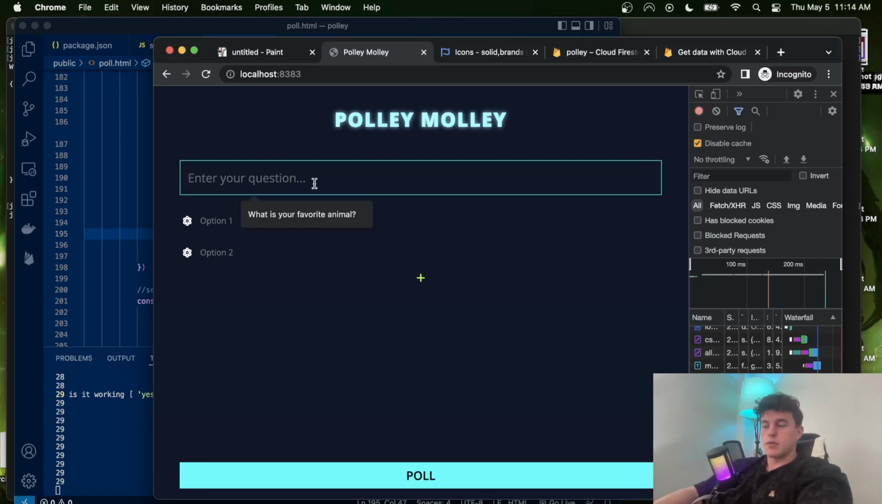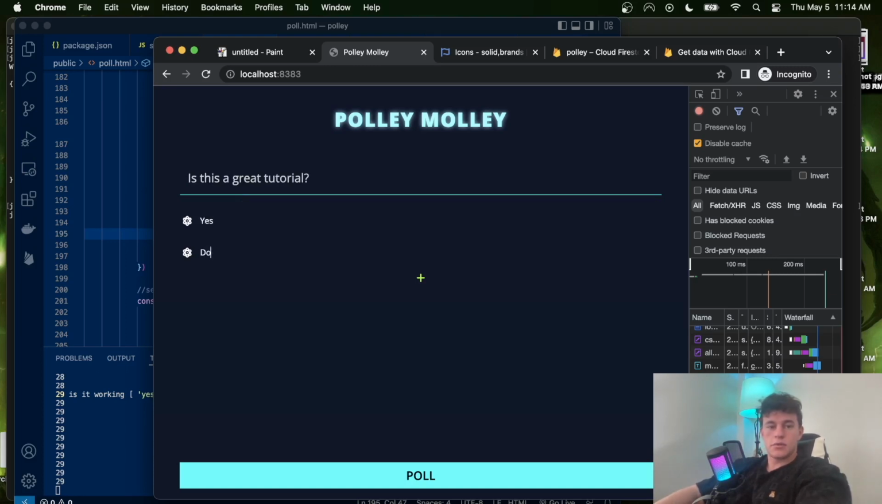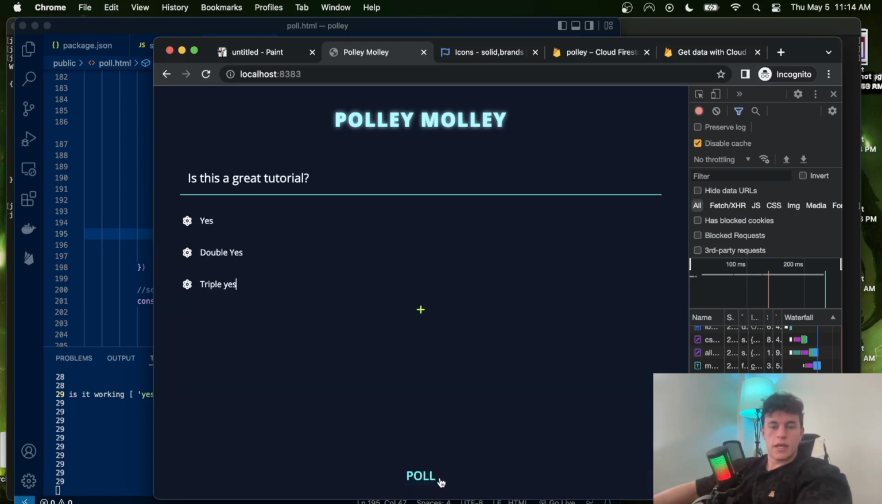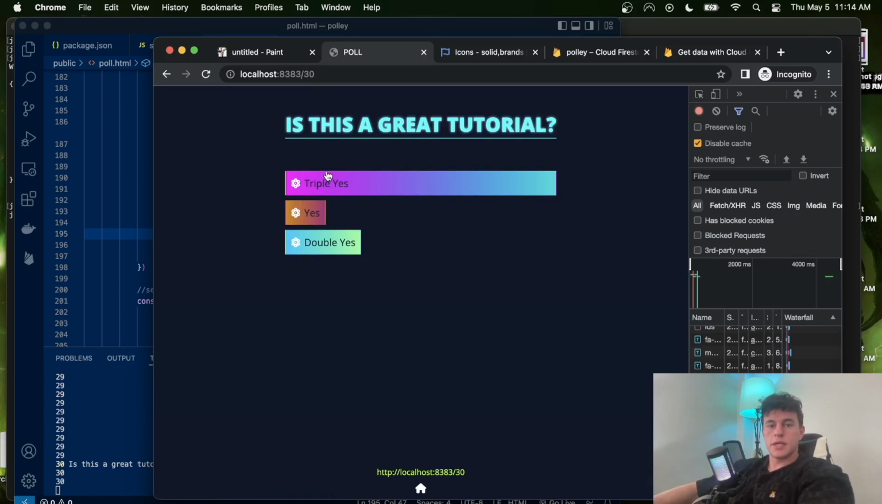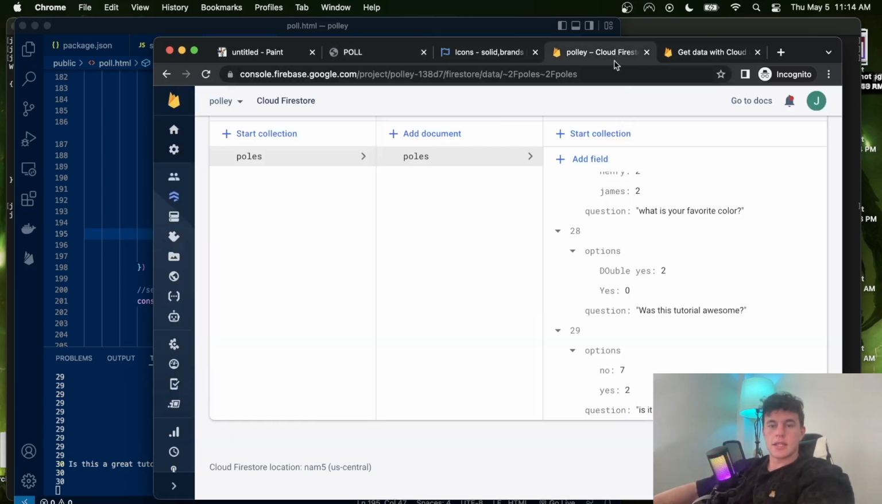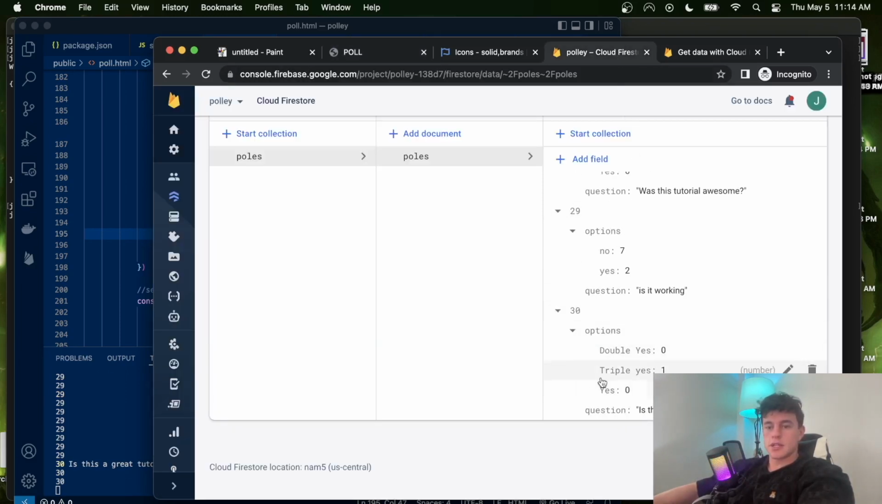So we can type in a question: is this a great tutorial? We can type in the answers: yes, double yes. We can add another option, triple yes. We can submit the poll, we get redirected to the poll site, and we can select an answer. Let's say we select triple yes, and we can see that now if we come into this application, it's all